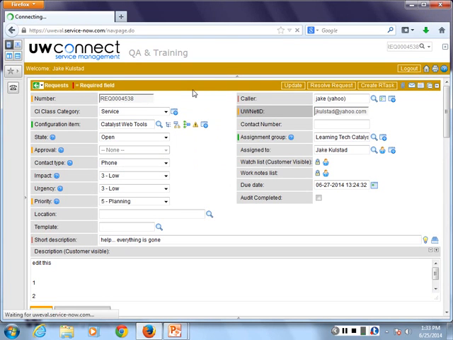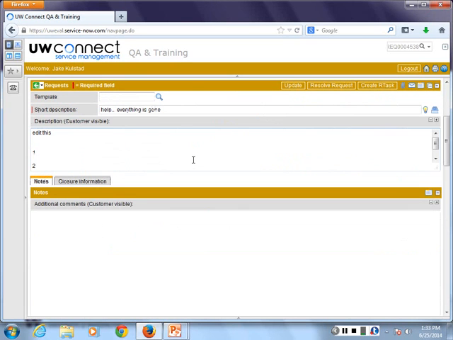I just want everyone to feel comfortable with that. We've just committed our changes, and the customer wasn't emailed because we made simple changes to the form. Everyone okay with that? If you scroll down, we have an additional comment section. And probably the only thing you need to remember from today, the only thing that matters, is if you commit a change to these records with additional comments present, that will generate an email to our customers. That's the most important thing to remember.